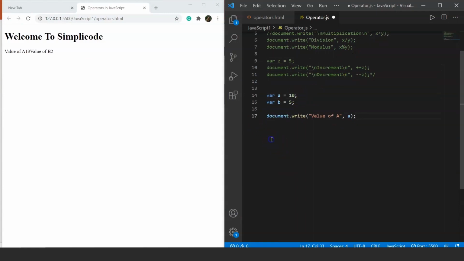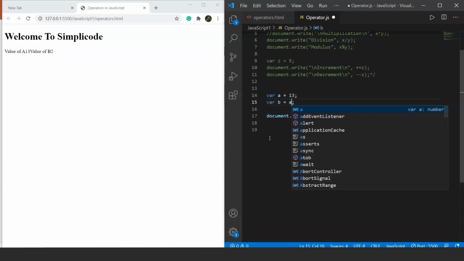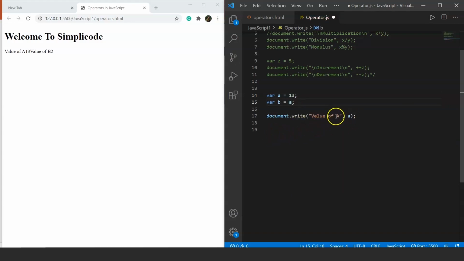So let's do one more thing. We'll assign the value of a to b. How to do this? Let's change the value here only. Let's suppose we are using the value of var a as 13. Okay, and the value of var b we'll provide as, let's say, a. So now let's try to print the value of b. Here we will change it, we'll print the value of b only. Let's save it and see the output. See, it says the value of b is 13 because we have assigned b the value present in variable a, which is 13. That's why it is showing the value of b as 13. This is what the assignment operator is.